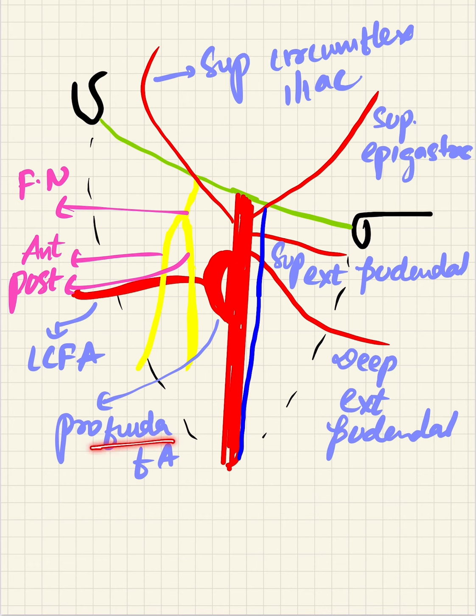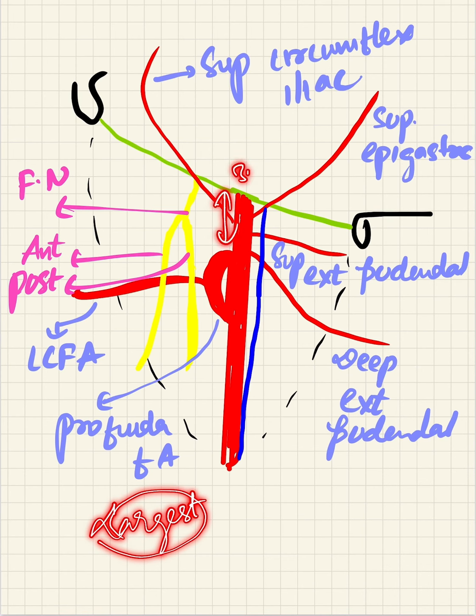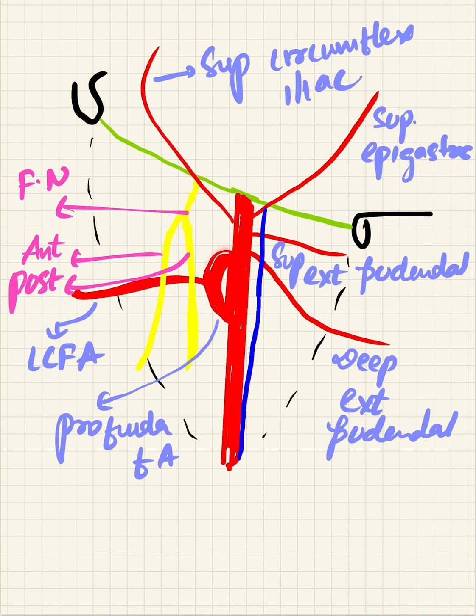This profunda femoris artery is the largest branch of the femoral artery, which arises 3.5 centimeters below the inguinal ligament, and it spirals behind the femoral vessels and gives rise to the lateral circumflex femoral artery and medial circumflex femoral artery. This medial circumflex femoral artery cannot be seen here. It disappears by passing between the tendon of psoas major and pectineus, while this lateral circumflex femoral artery passes between the anterior